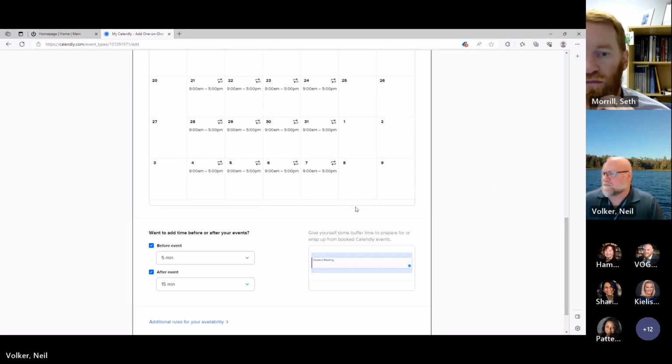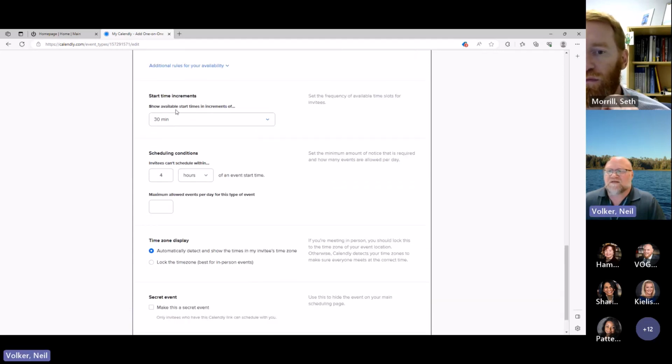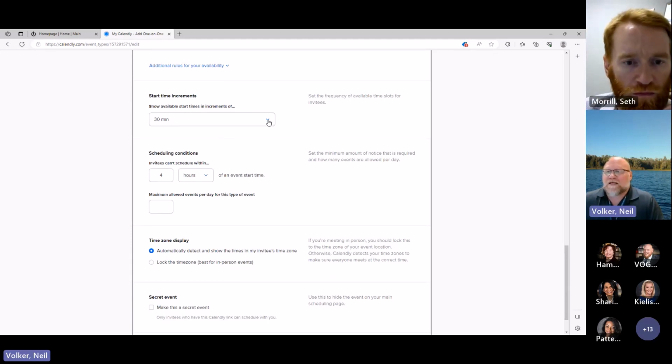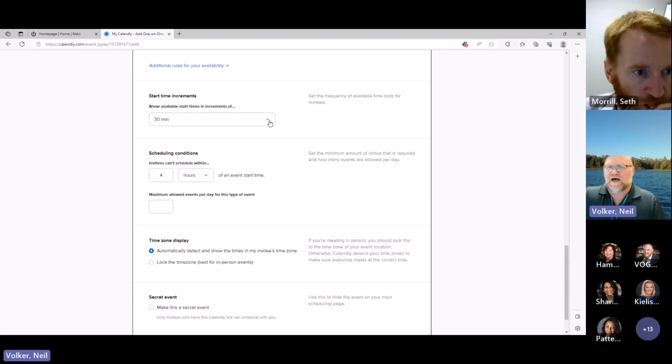Okay. So there are additional rules that we can put in here. For example, we can set our time increments. What they mean by time increments is, when the person is looking to make an appointment with you, what do they see? Do they see appointments available at the top of the hour, at the bottom of the hour? Do they see 12 o'clock,